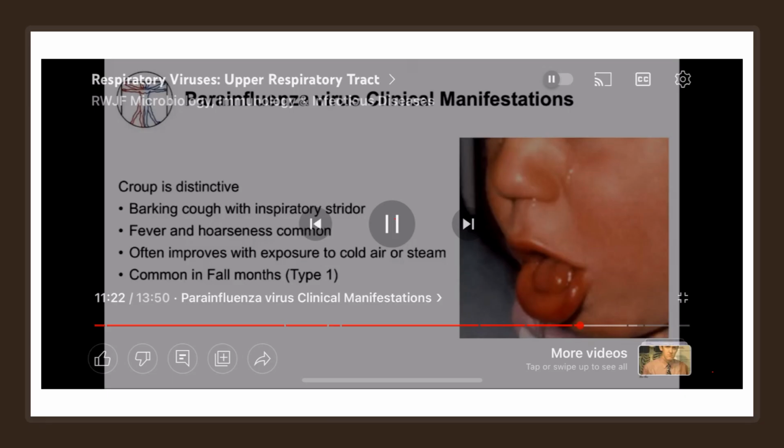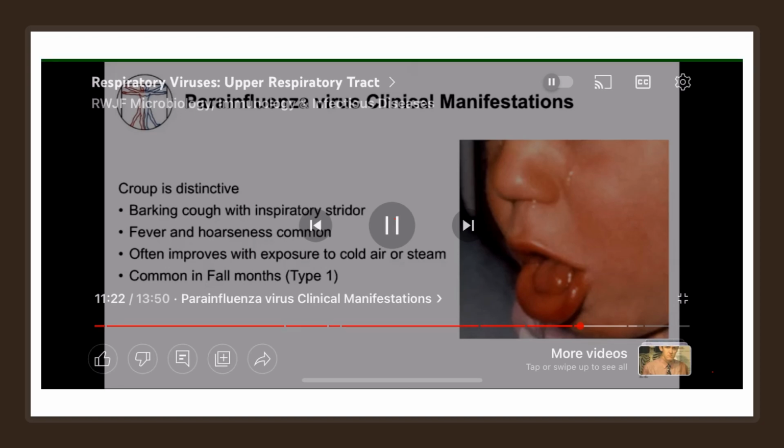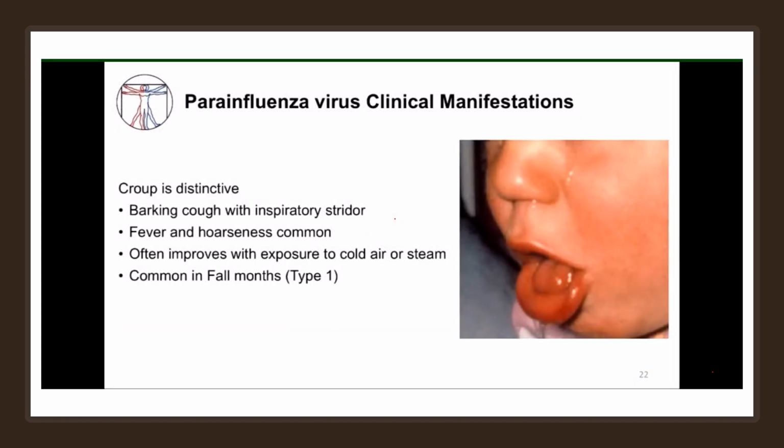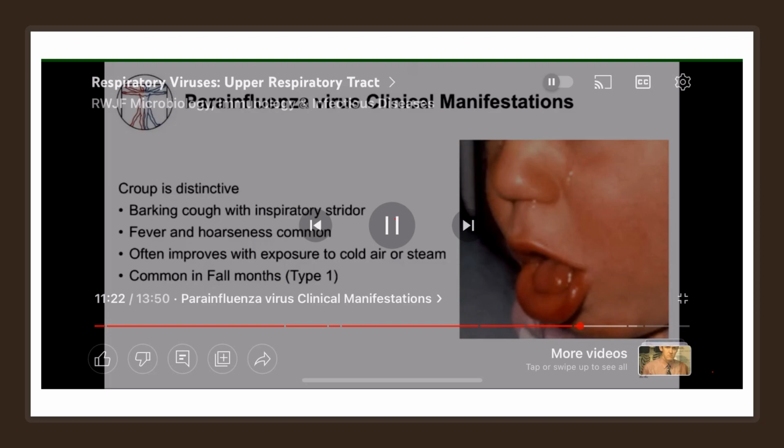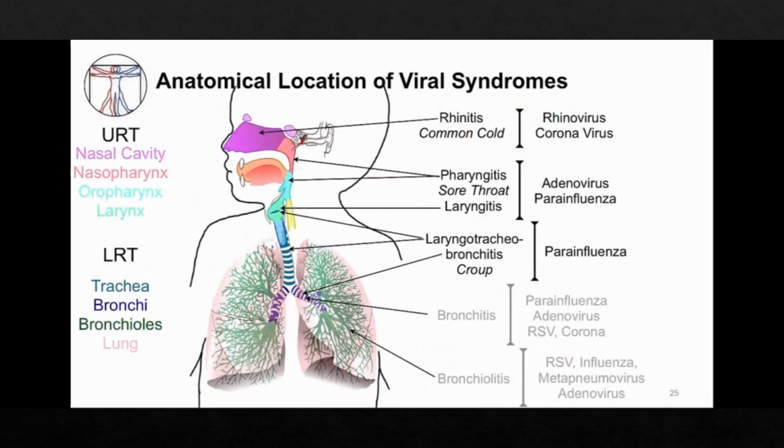Croup has a very characteristic cough, described as a barky cough, and is related to where it affects the airway. I'm going to spend the rest of the time talking about viruses in the lower respiratory tract, in particular where RSV